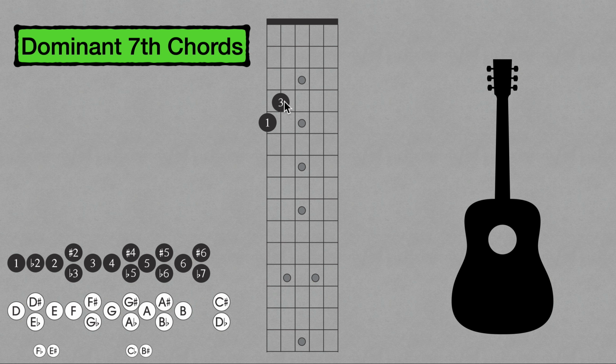So the way we construct a dominant seventh chord is with a 1, a 3, and then a 5, and then flat 7. So I built it here on the E, A, and D strings. So just to show you this,